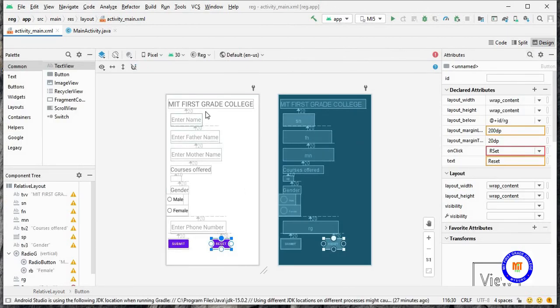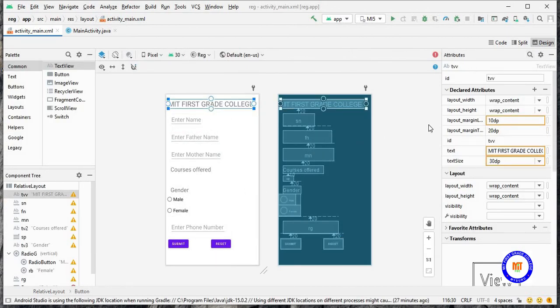We can add the color, background colors, change the text color, increase the size, decrease the size of it. Now we'll change this, we'll decrease the size, like I'll give it as 28, that's enough.